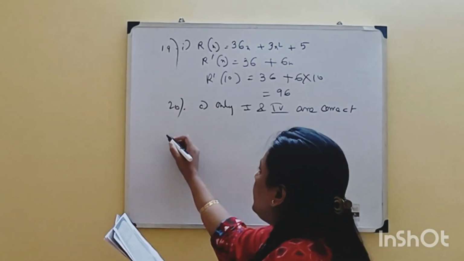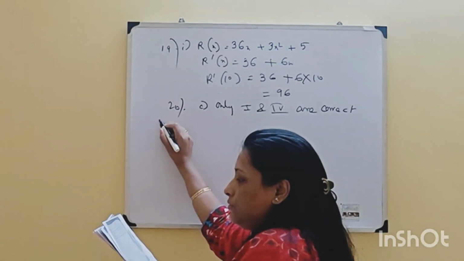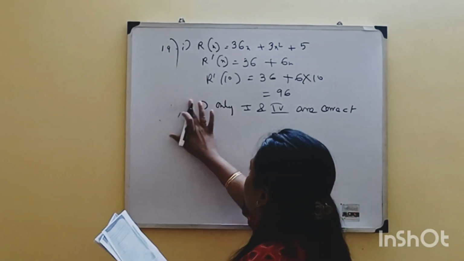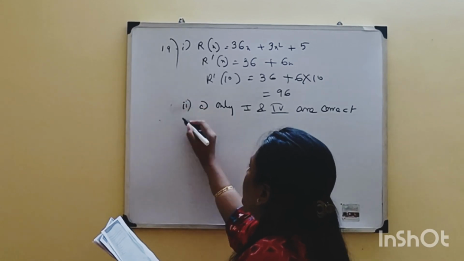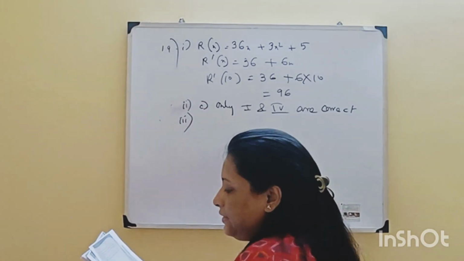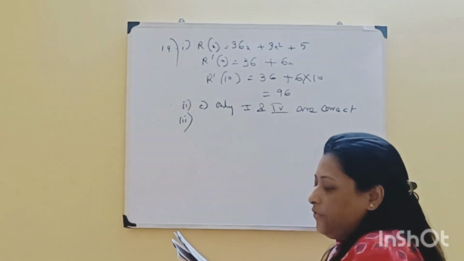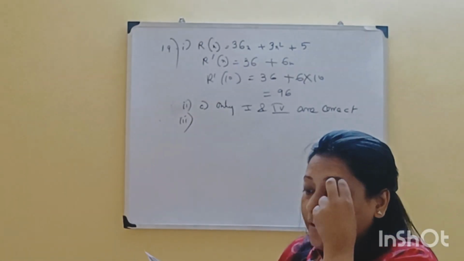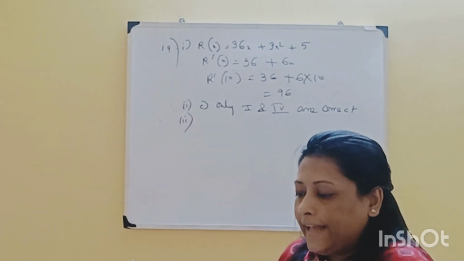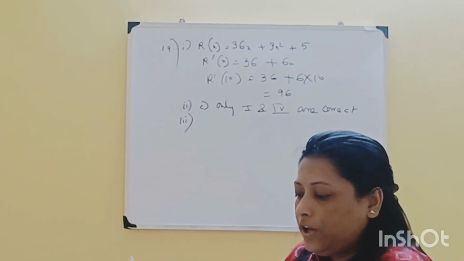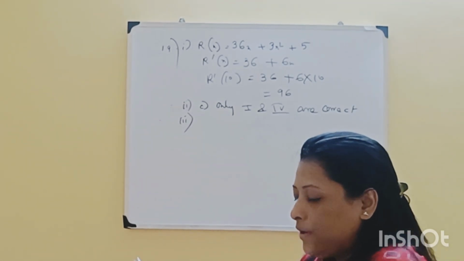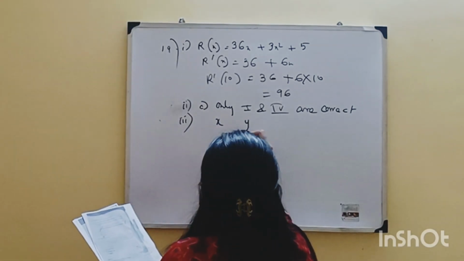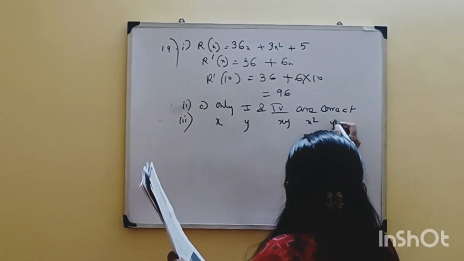Now going to the next question. This is 19.2. And now going to question number 19.3. X, Y are given. You have to calculate X minus X bar and Y minus Y bar. Option A, calculate X bar and Y bar. Option B, complete the table. Option C, calculate Bxy. So first I will calculate the table. I will write x square, y square.